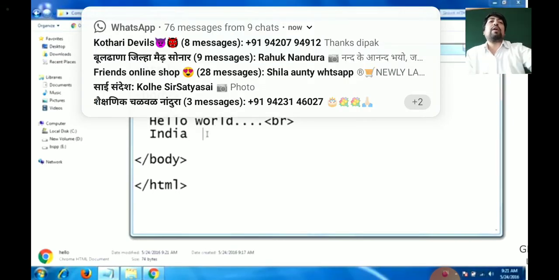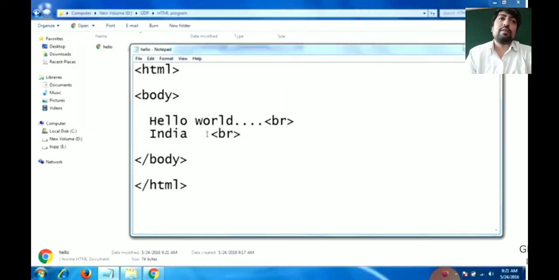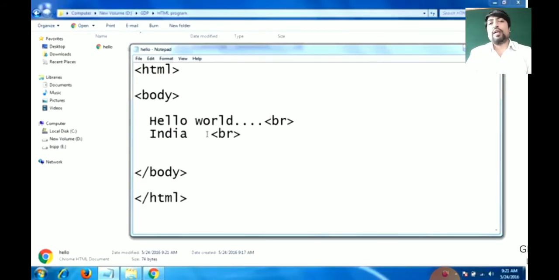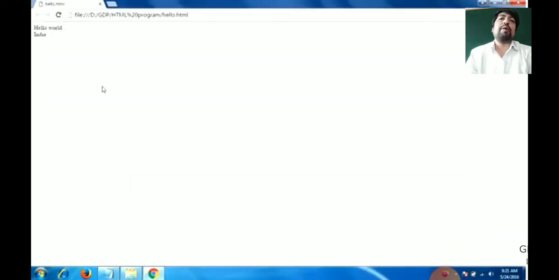You can look at the screen. I am writing another word there. After putting the br tag after the word India, I write hi. After changing my HTML document and going to the web page, I refresh by pressing the refresh button. You can see the word hi on the third line.